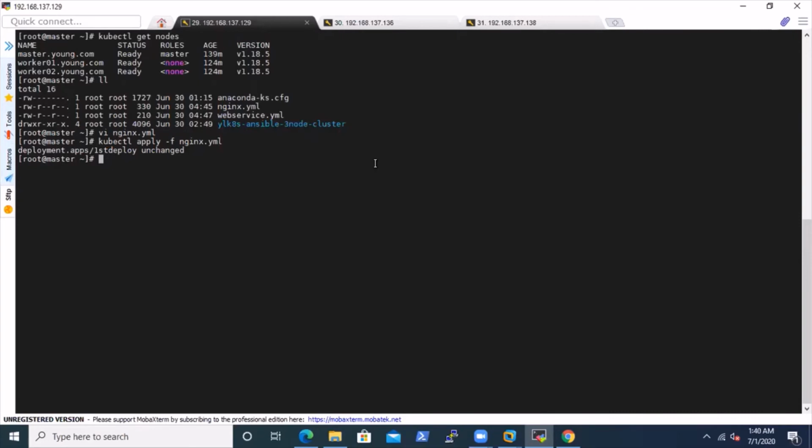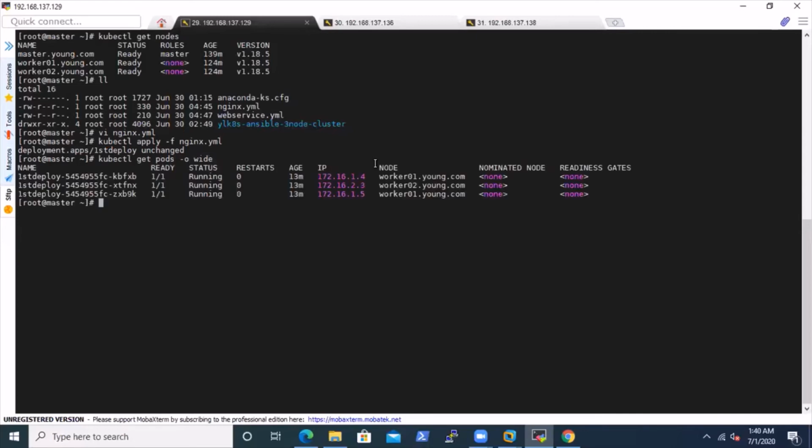We can verify. Okay, 3 pods are created as we have given replicas equal to 3. 2 instances are running on worker 01 and another is running on worker 02.